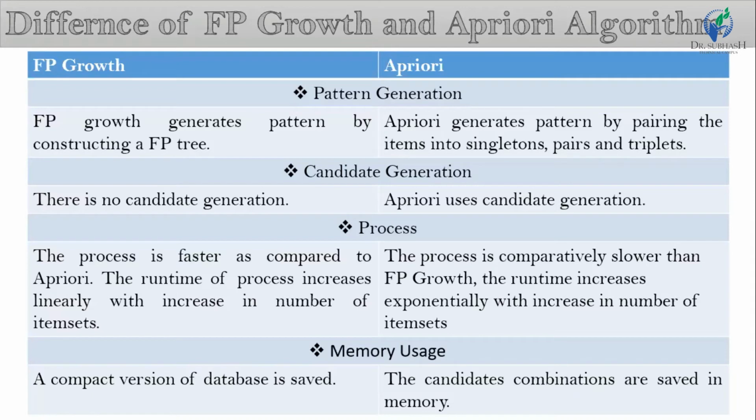It works on the principle that non-empty subsets of a frequent itemset must also be frequent. It forms k-item set candidates from (k minus 1) item sets and scans the database to find the frequent